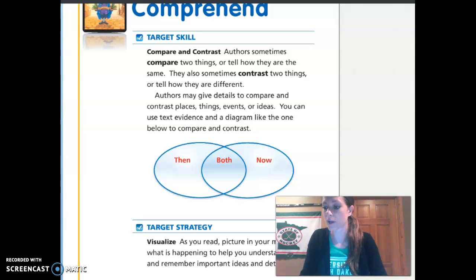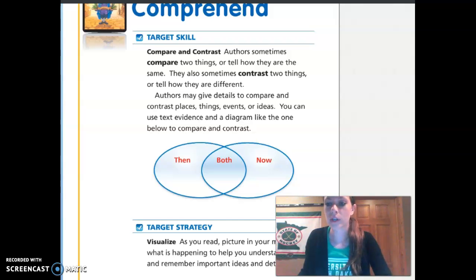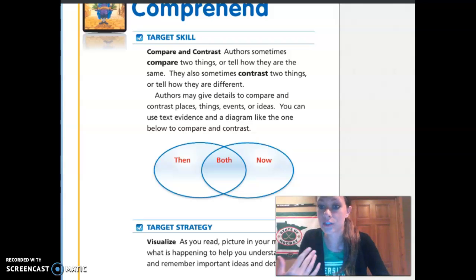So yesterday you read the book Now and Ben, The Modern Inventions of Benjamin Franklin. And you worked on the skill, compare and contrast. So good readers think about how details are similar to and different from other details. To think about the details in a selection like this, or the book that we read yesterday, is to compare